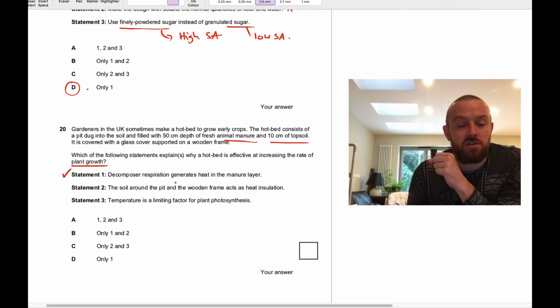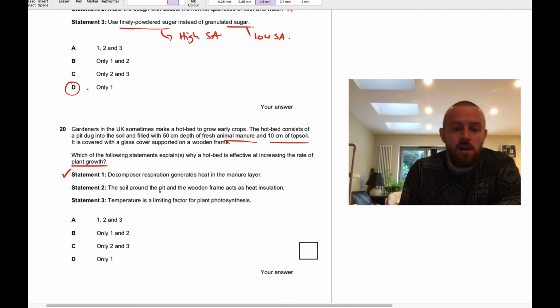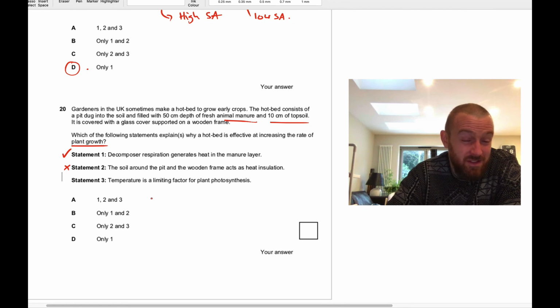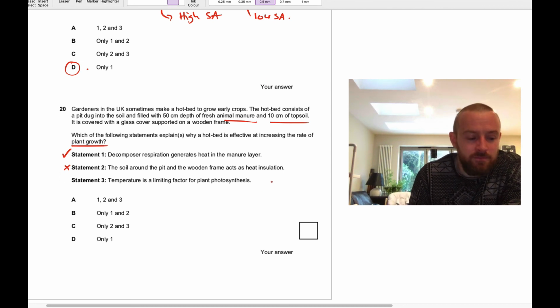It's the decomposition of the manure, the respiration, the exothermic reactions that cause heat. Statement 2, the soil around the pit and the wooden frame acts as a heat insulation. Not really. Soil's not really a great insulator, it can conduct heat, especially if it's damp. Statement 3, temperature is a limiting factor for plant photosynthesis. I feel like that's a distractor. I mean, that's kind of true, but is it